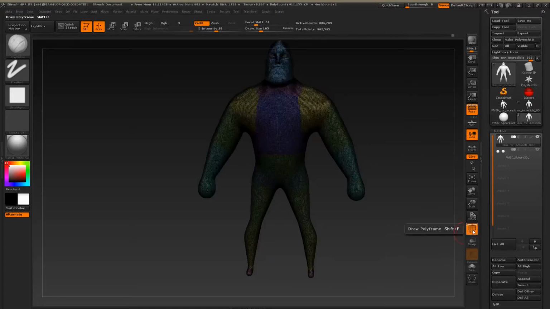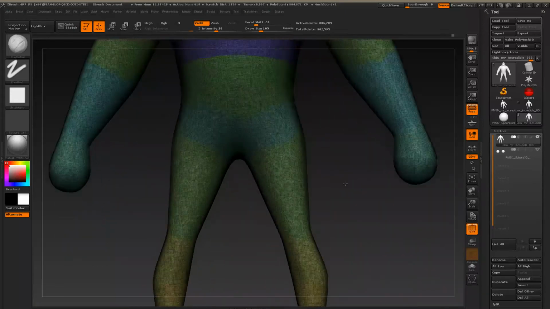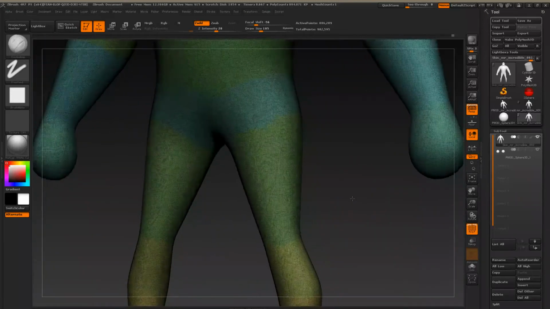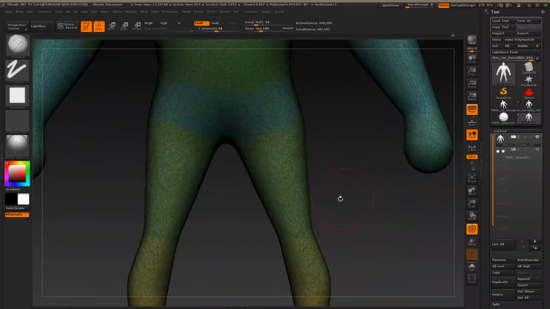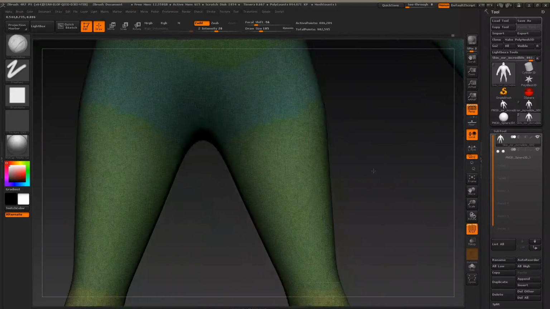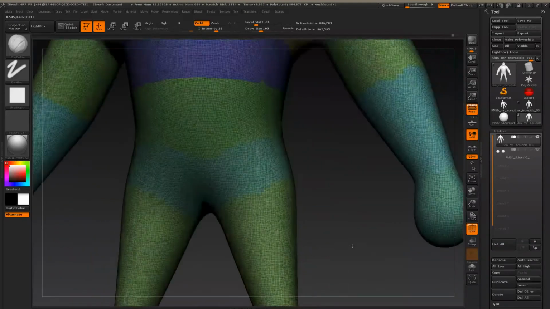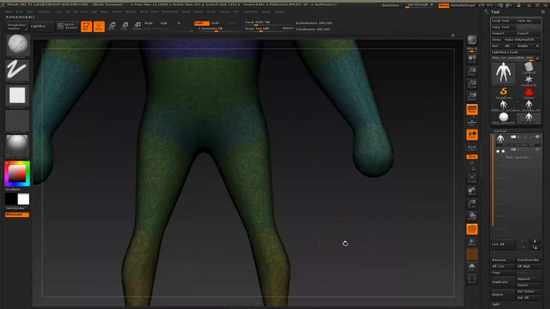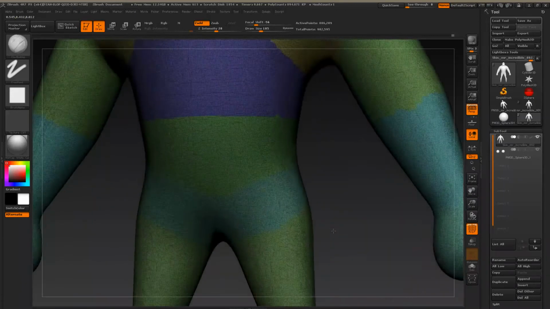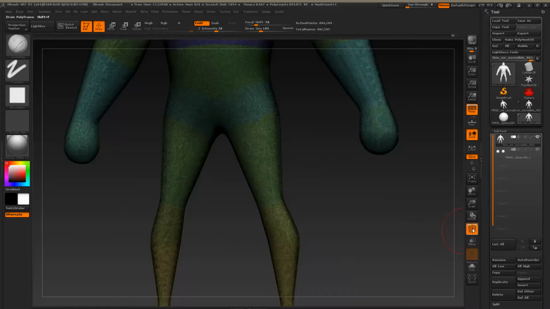So if you watch the video from the beginning, you might remember that when we generated the mesh from our Z-spheres, ZBrush also created this polygroup. As you can see, the legs have different colors. Every part has different colors, so we can actually use this to select